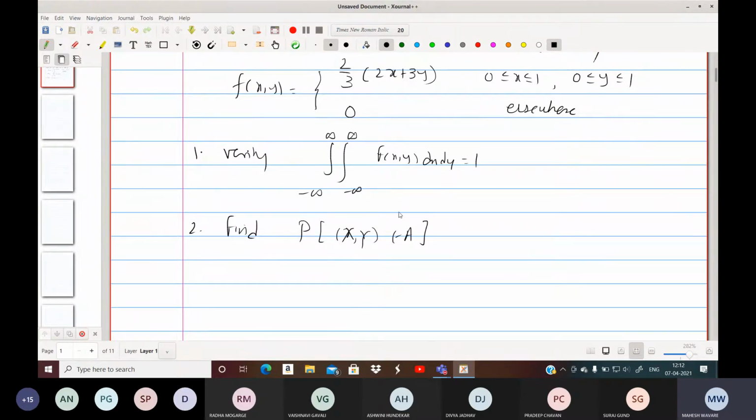आवाज लेक्चर चालू दोन येत आता. ओके. Find probability for random variable x, y in A. येतोय आवाज? हो सर. Where A is region